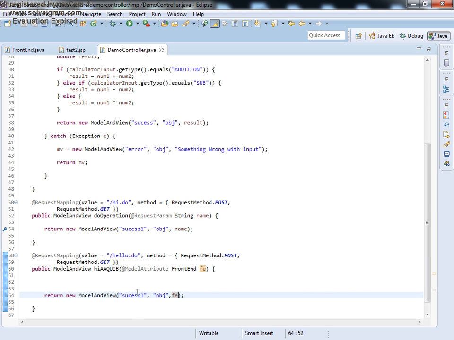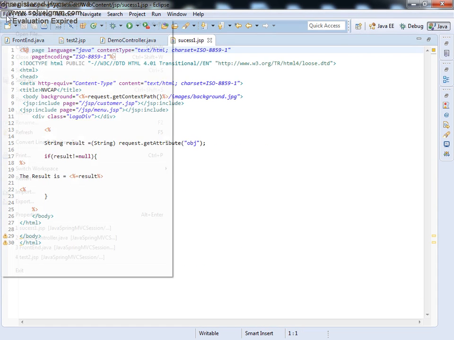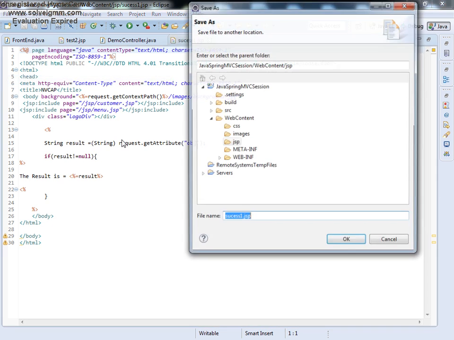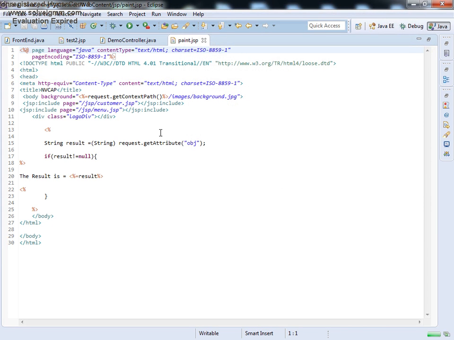Now I'll use one more page known as paint, some page name, Control Shift R success1.jsp. I'll save this as paint.jsp. Inside this request.getAttribute obj, but here what it is returning is FrontEnd. In place of string I am using FrontEnd. Then after that